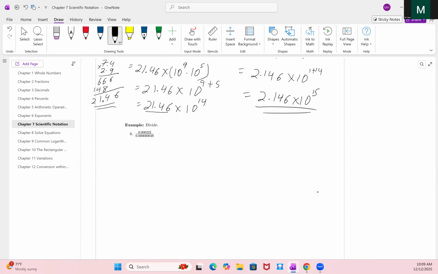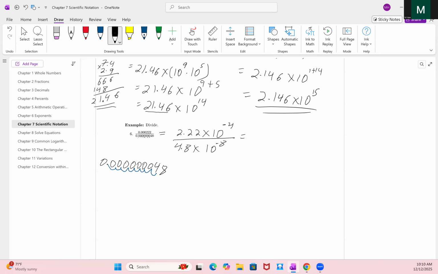How many places did we move it to the right? 1, 2, 3, 4, 5, 6, 7, 8 places, so negative 8. Let's enlarge this: point, 0, 0, 1, 2, 3, 4, 5, 6, 7 zeros, then 1, 2. So we have 7 zeros. We moved the decimal 8 places, so it's going to be to the power of negative 8. So this here is equal to,